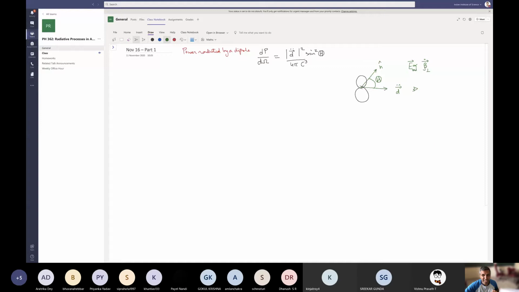The acceleration component perpendicular to the line of sight. So if your particle is accelerating along the line of sight, this will give you 0. So that's the reason for this sine square theta. Now this